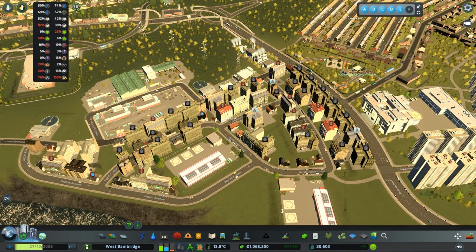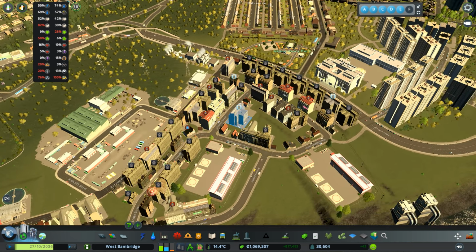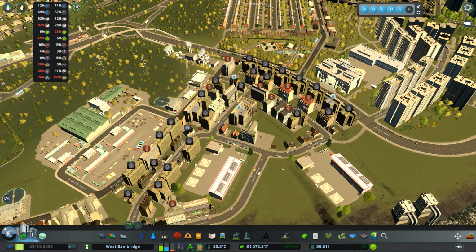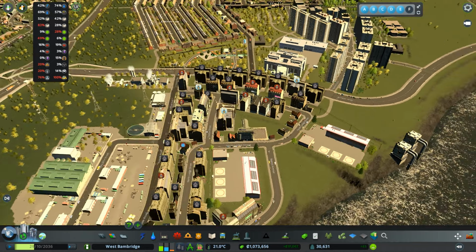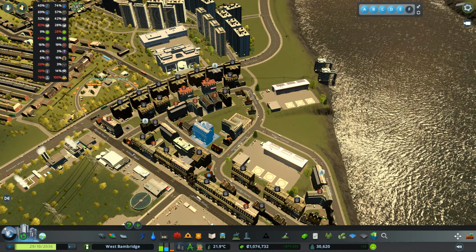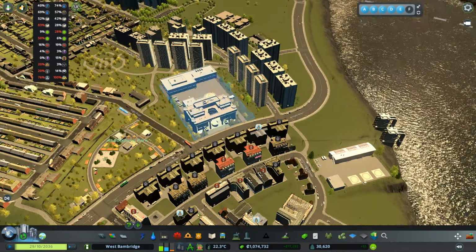put far too many down far too quickly, and we don't have nearly enough workers for all of these offices, which is why they're all complaining, or worse still, why they have been abandoned. Obviously over time that will change, so for now we are going to have to do our best to ignore that little problem. In an attempt to offset some of the worker shortages that we are experiencing, I did go